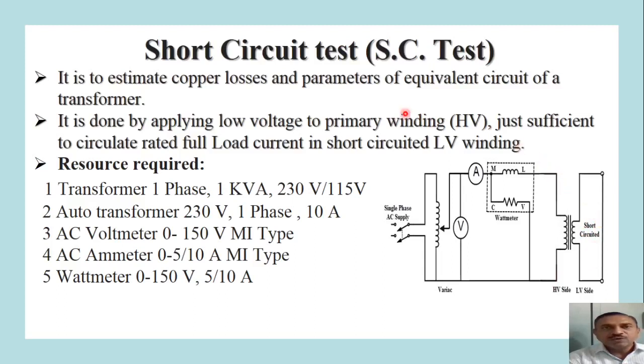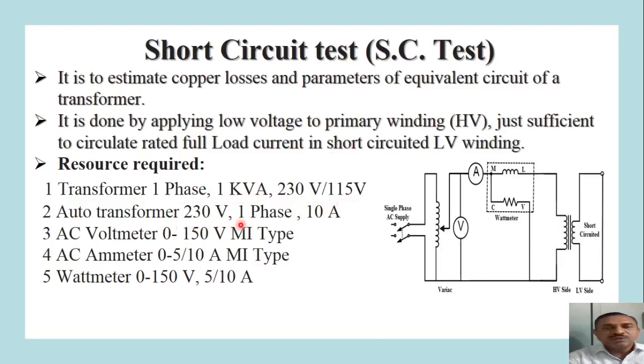So this type of test is utilized to estimate the copper losses in the transformer and also to determine the equivalent circuit parameters of the transformer, that is equivalent resistance, equivalent reactance, and equivalent impedance. For this particular test, again we will require the single phase 1 kVA 230 volt by 115 volt transformer,